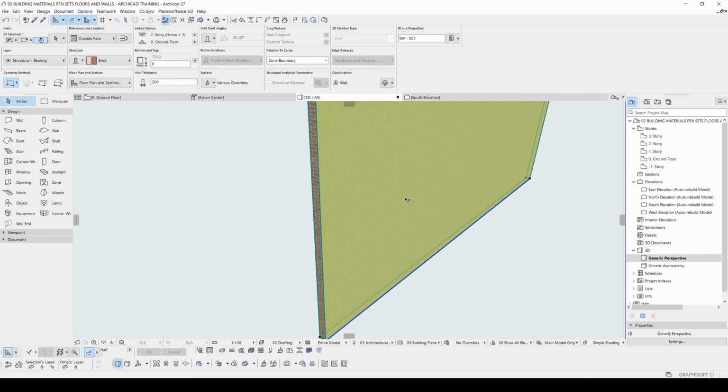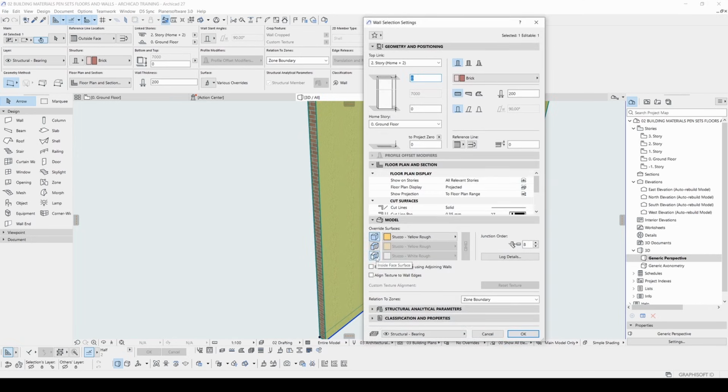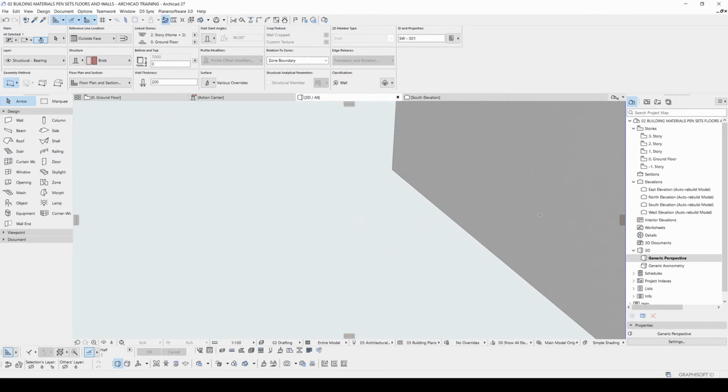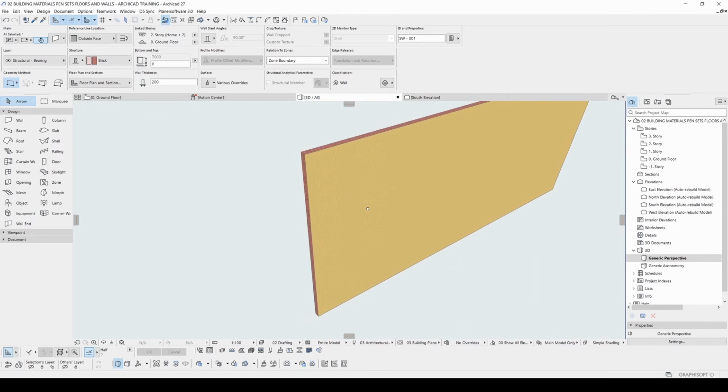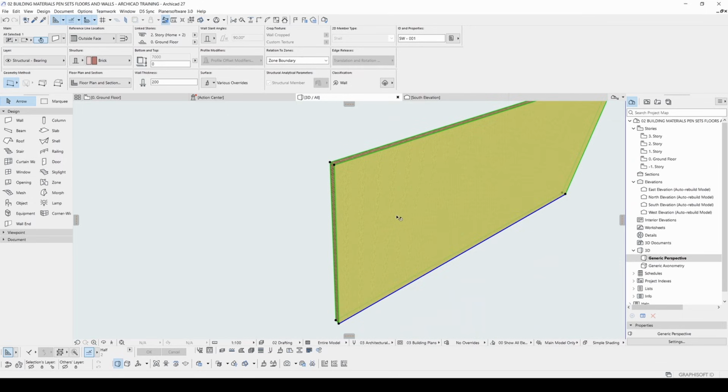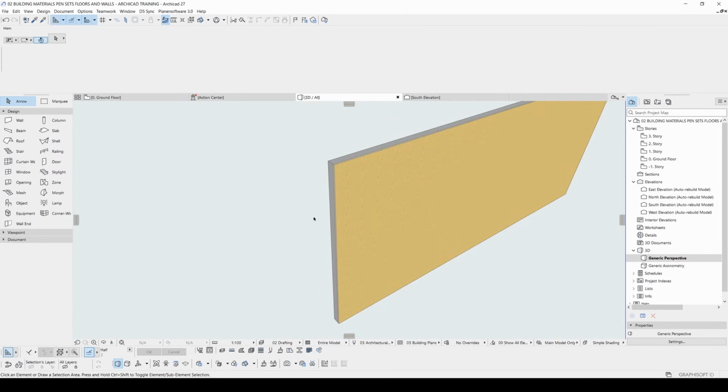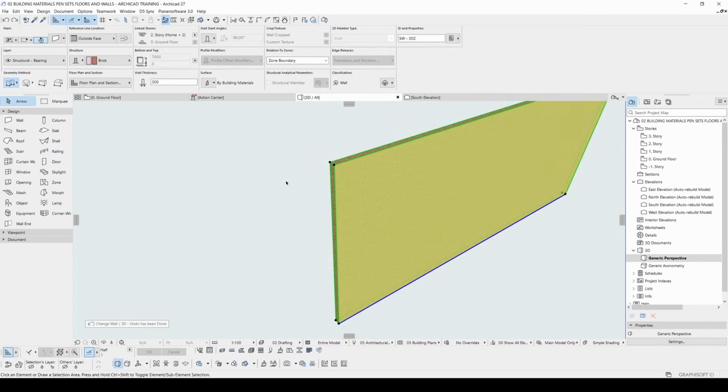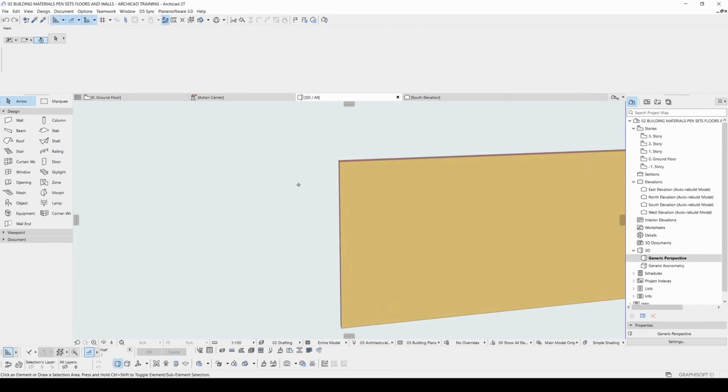And for instance, if I want to change the inside, I'm going to hit the inside face surface and click stucco white row. This is the most simple method. Of course, as I mentioned before, we can create a different layer system from this structure menu, such as this one, but this is for another topic. Let's go back and